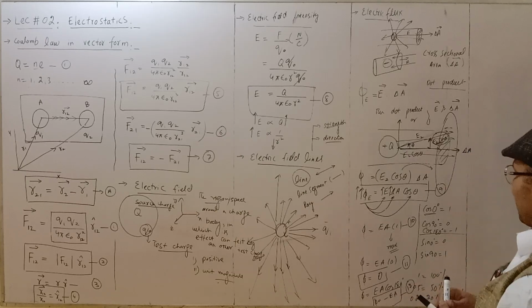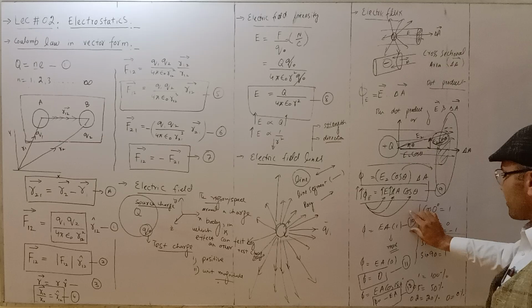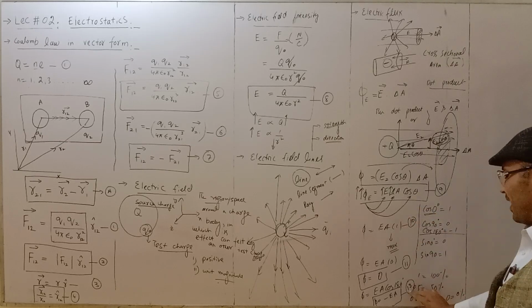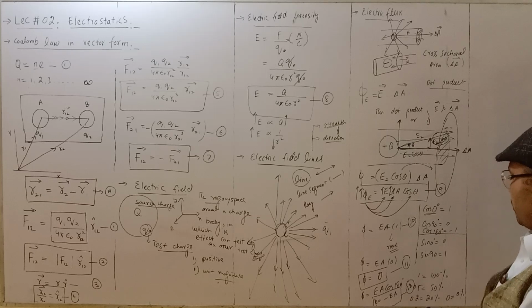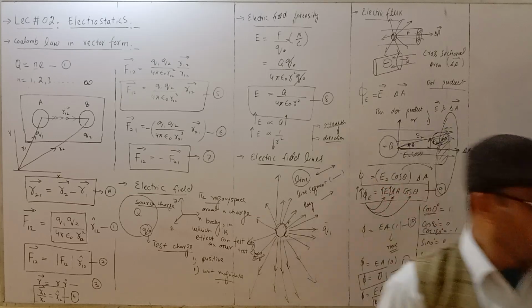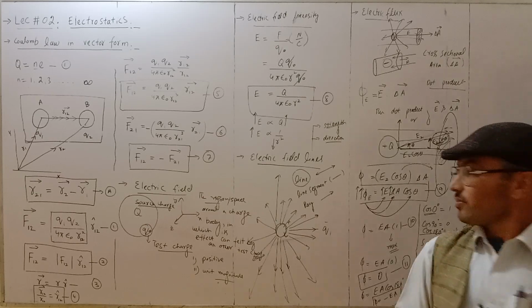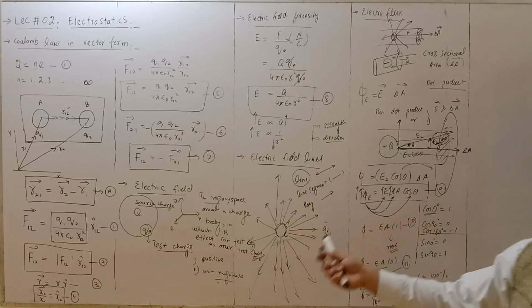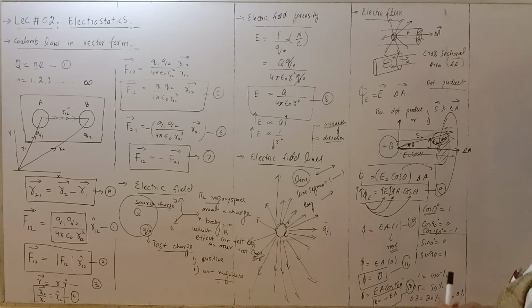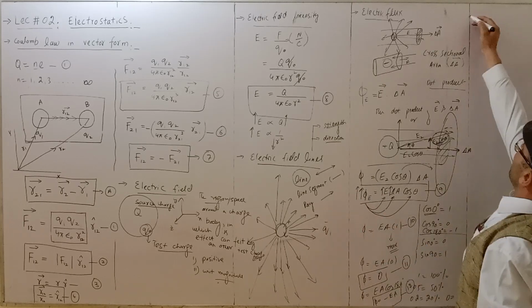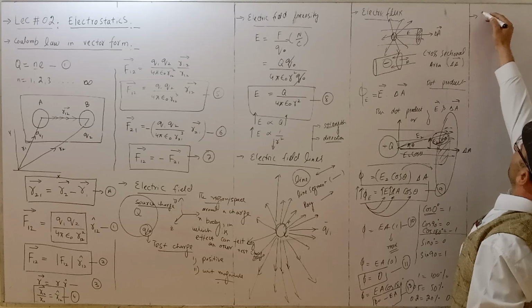Equation number 10 gives me the maximum flux and equation number 12 gives me the minimum flux, but equation 11 gives me 0 flux. After that, please note it down by pausing the lecture, and inshallah I will move on in tomorrow's lecture to